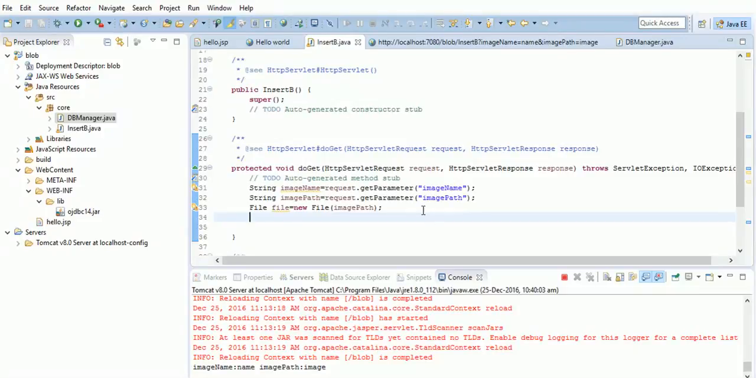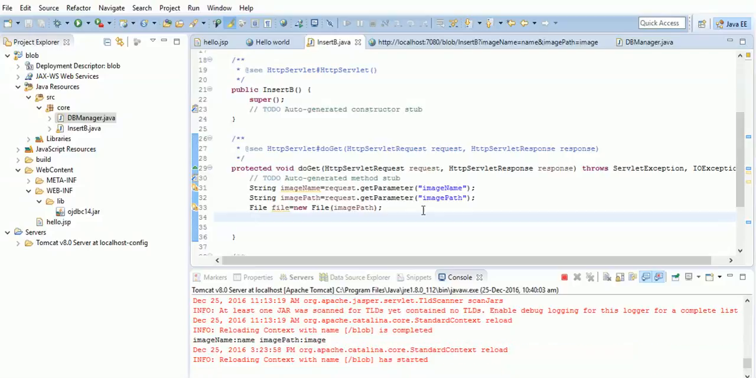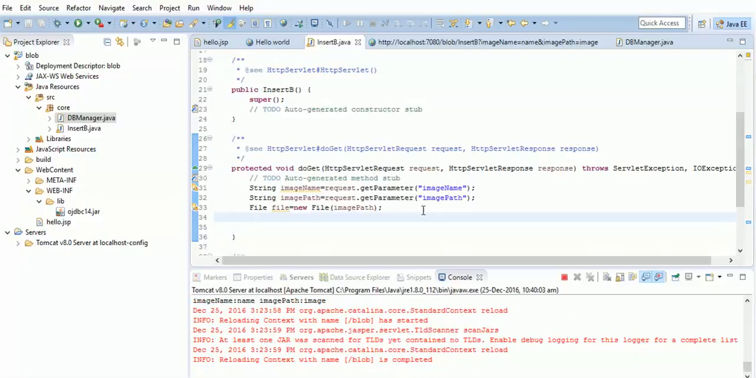Now prepared statement, after we get the connection, we can use prepared statement to execute queries like insert or display or anything. So let us create a prepared statement to insert two values. So PreparedStatement ps equal to con dot, oh, we need to get the connection first. So let us get the connection. Con equal to DBManager dot,